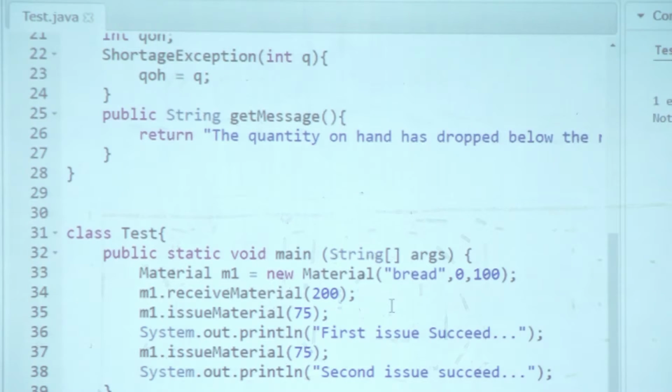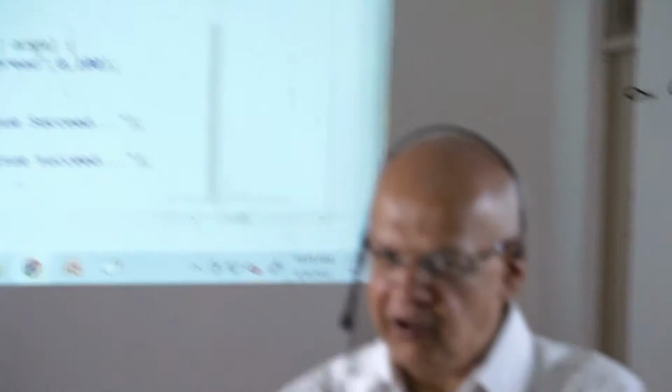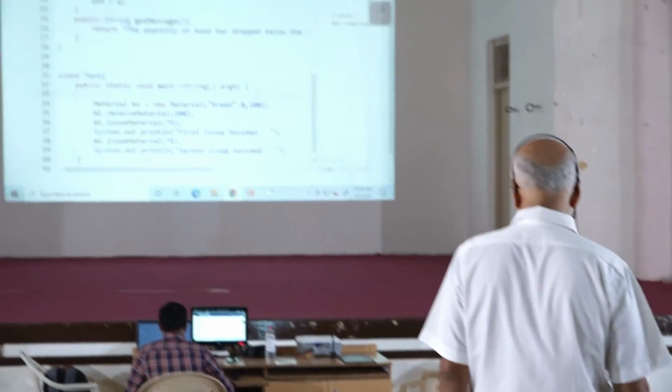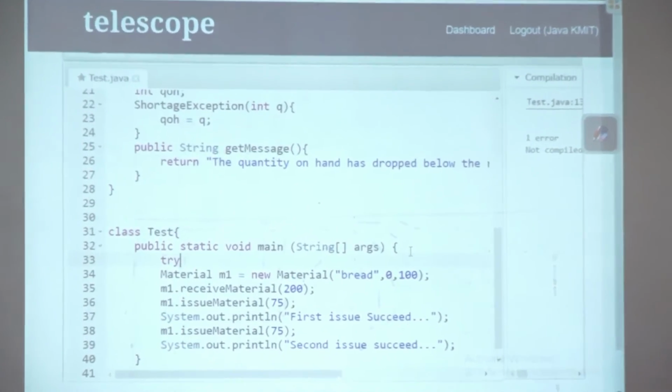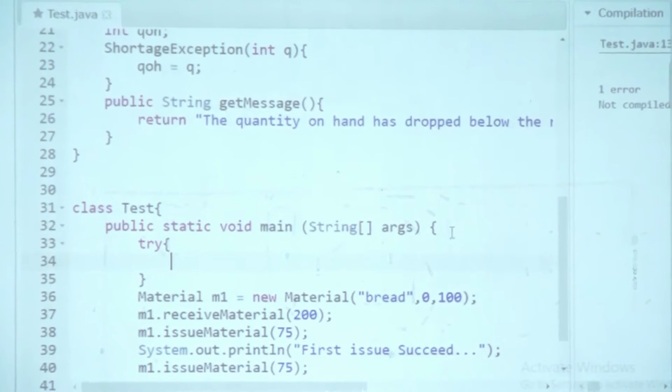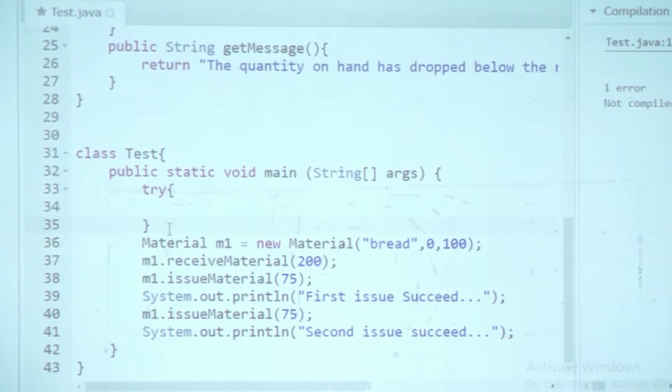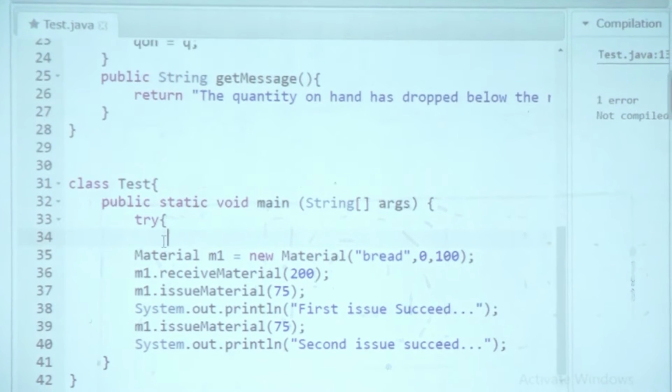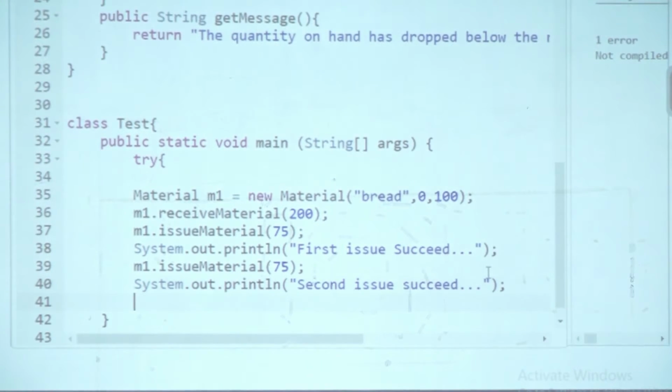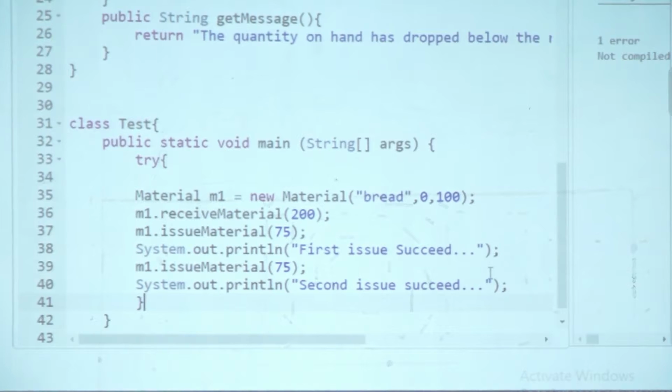You either report it, let main report it, I am happy, or, which is the right approach now, catch it and give a message. Yes? So the right approach for main is to catch it and give a proper message to the user. So we will now write a try block. Okay. So we are writing a try block. We'll push all this code into the try block. And we'll write a nice catch block,